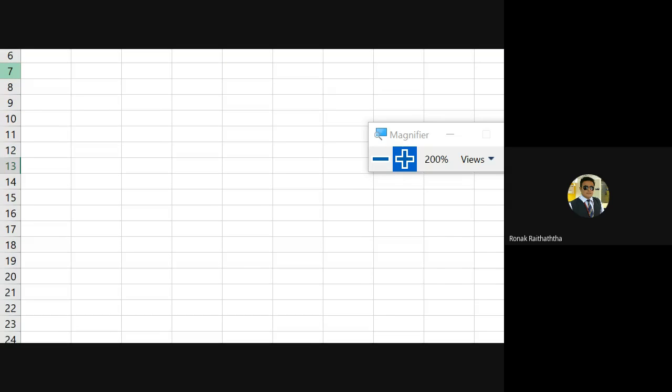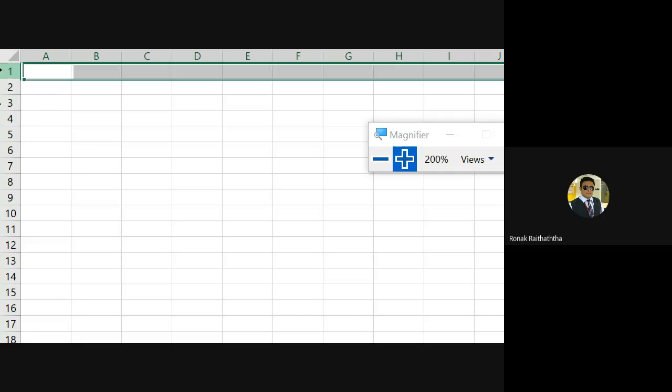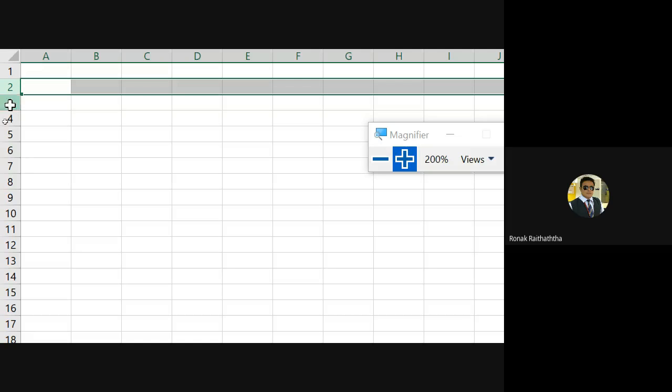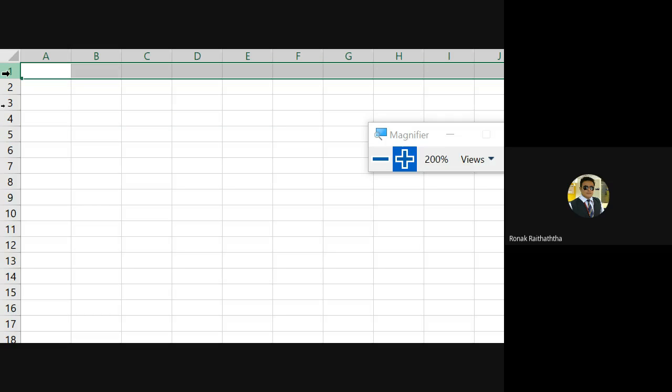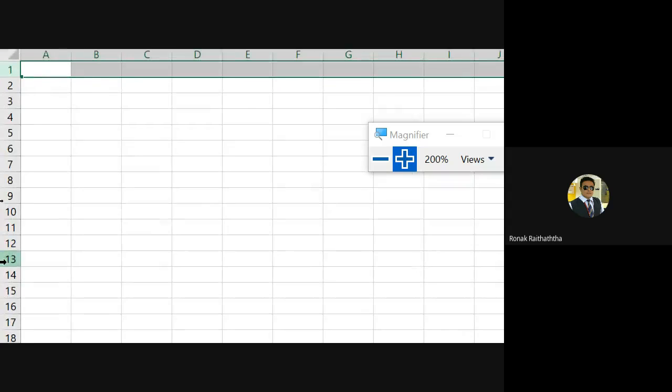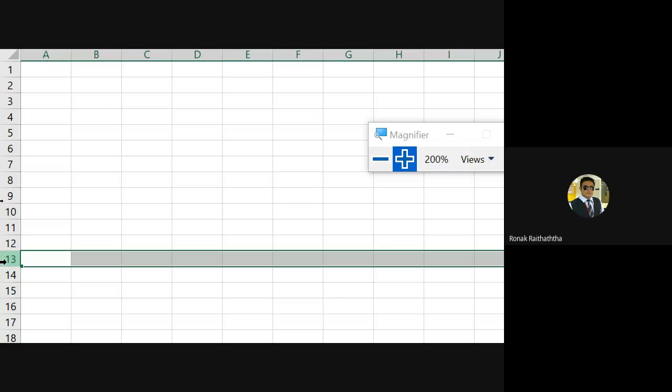अच्छा, on the left hand side, if you are able to see over here, these are the row numbers. Row 1, row 2, row 3, row 4, row 5, and so on and so forth. If you click on number 1 by taking your mouse cursor over there, you will be able to select the entire row, right? So if I want to select the entire row number 13, I can take my mouse cursor to that 13 and select the entire row.